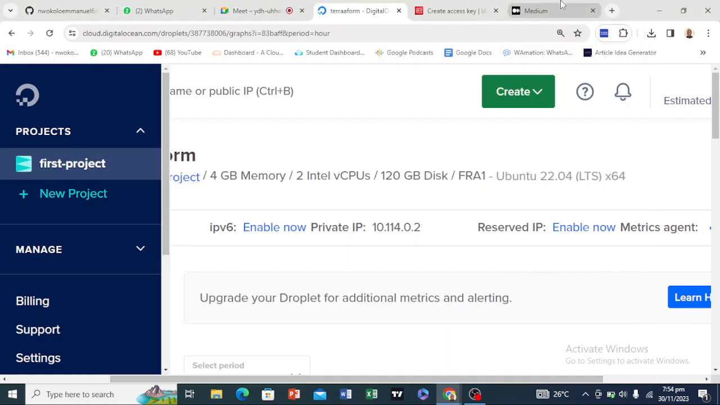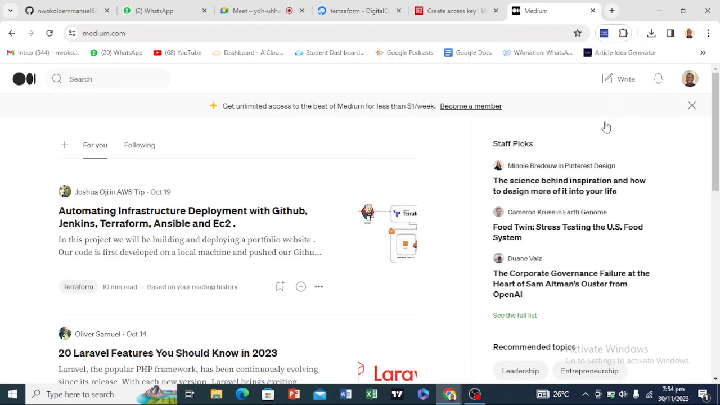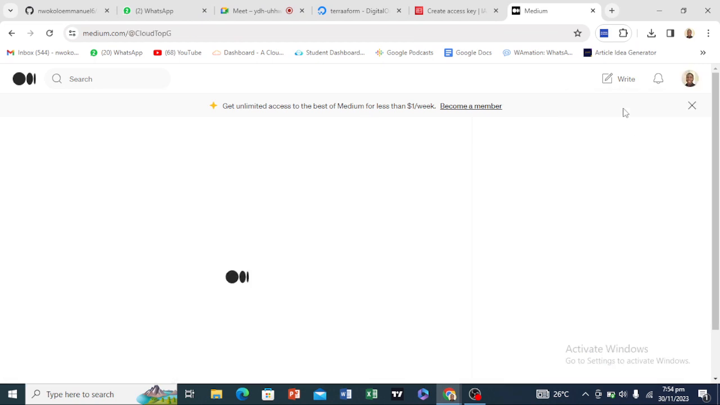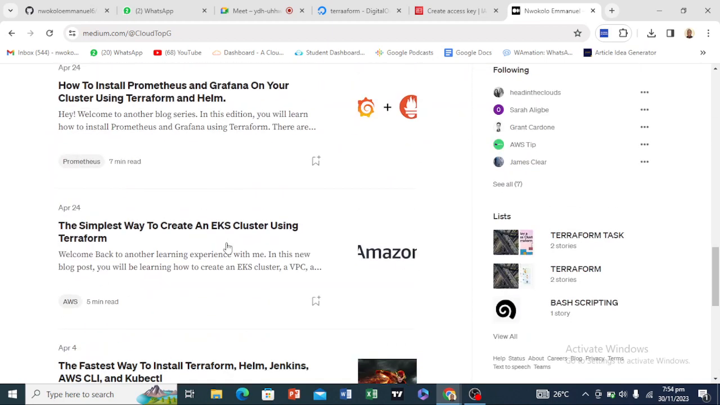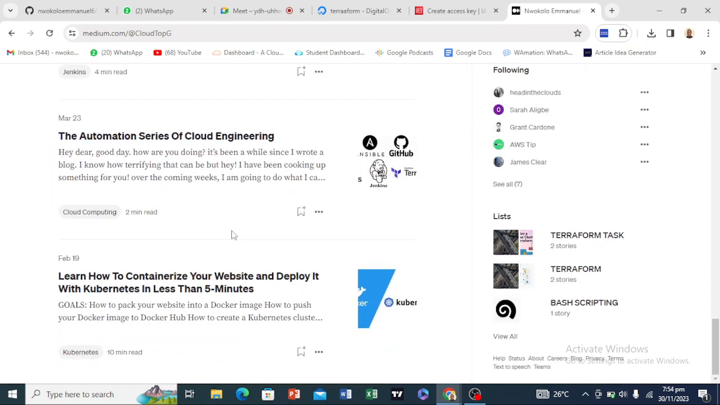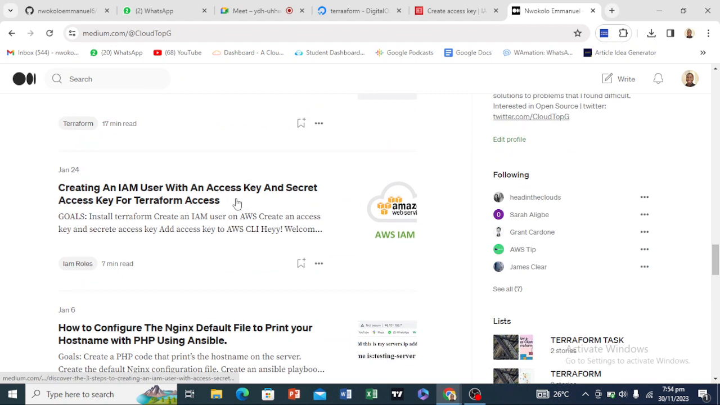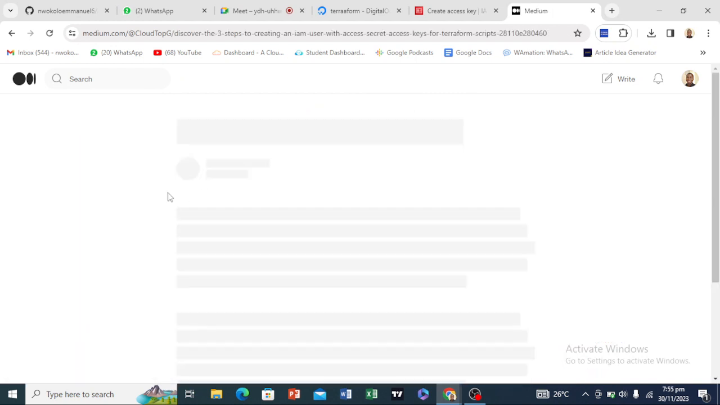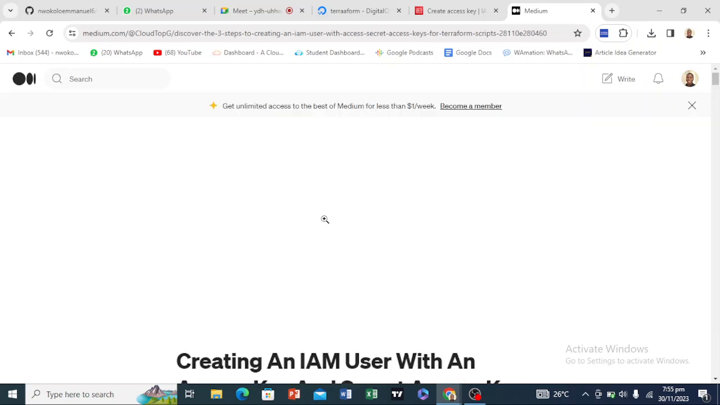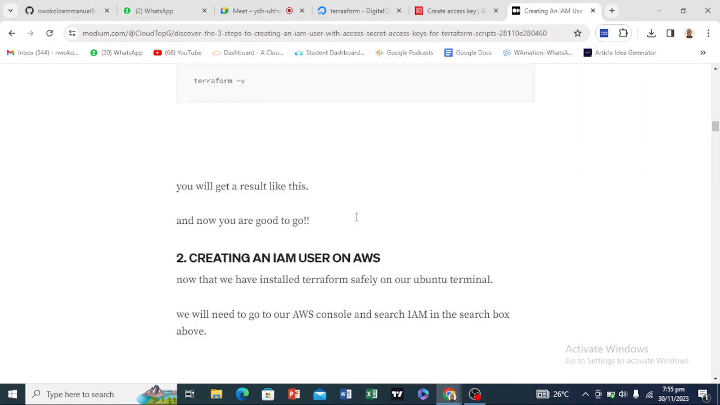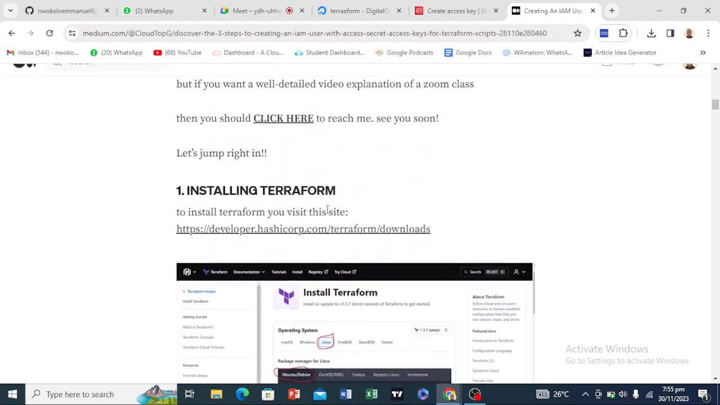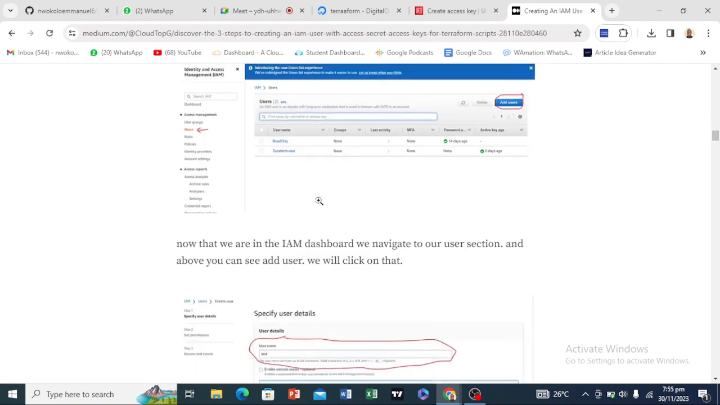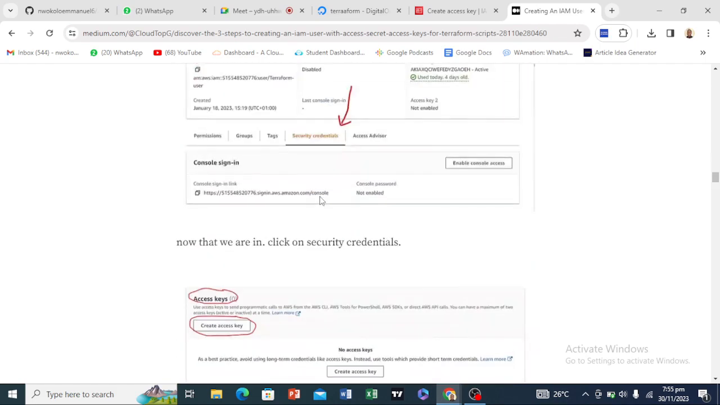Or if you want to basically read and understand everything, you can just follow this blog that I wrote a long time ago. So this is the blog, right? Create an IAM user with an access key and a secret access key, right? So you can just scroll down and you see the commands to even install Terraform and also install the AWS CLI,